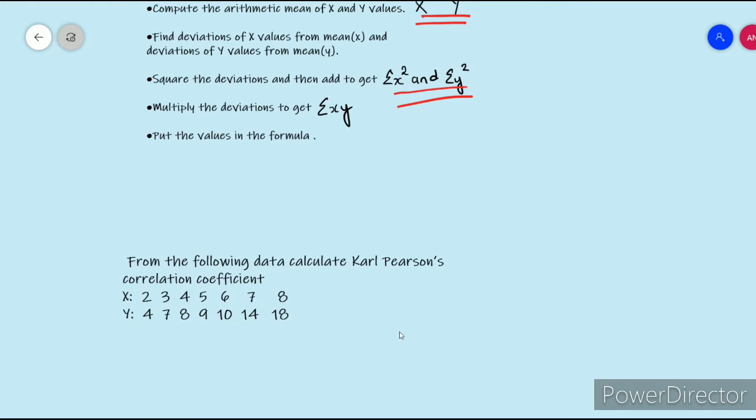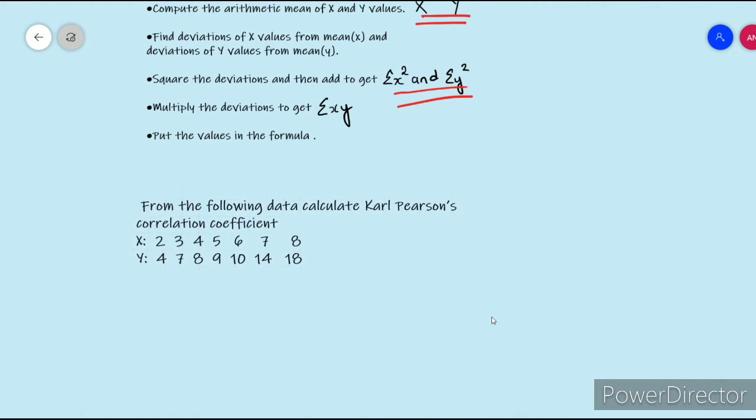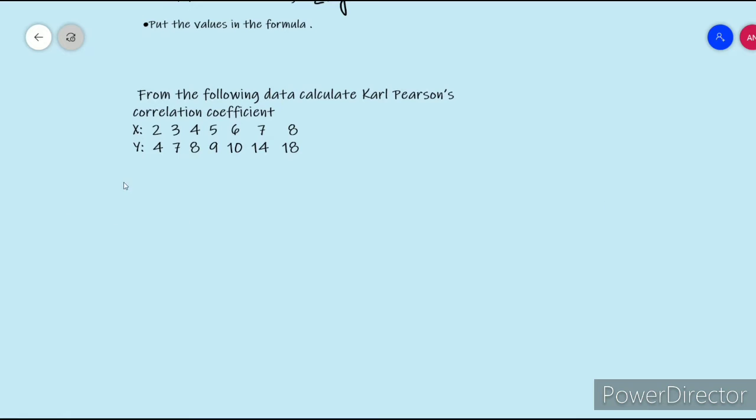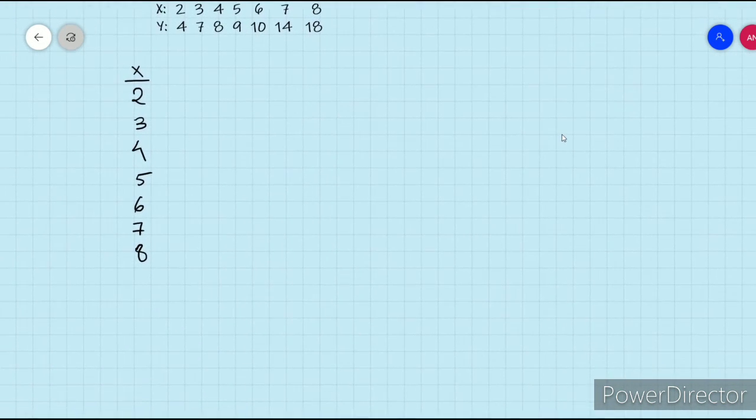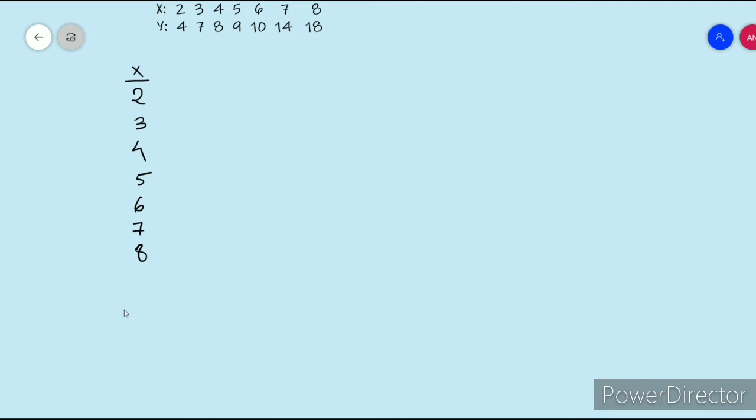Okay, we use the same sum, same example. So from the following data, we calculate Karl Pearson's correlation coefficient. So we follow the steps. For the first step, let us first put down the x values. These are the x values: 2, 3, 4, 5, 6, 7, and 8. Now the first step here is to compute the arithmetic mean of x. Arithmetic mean of x